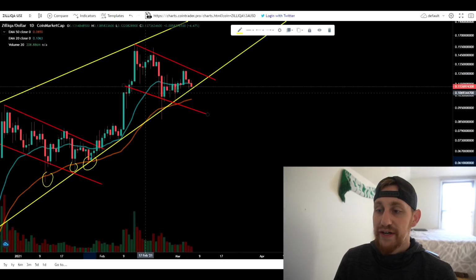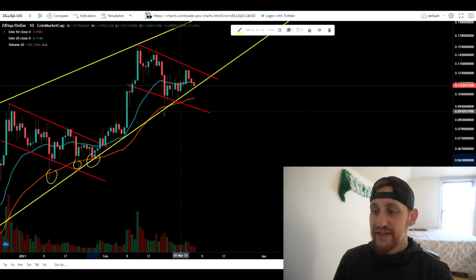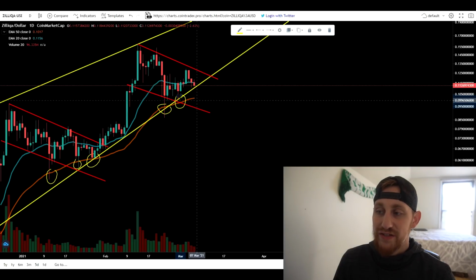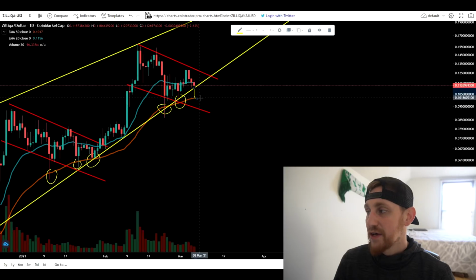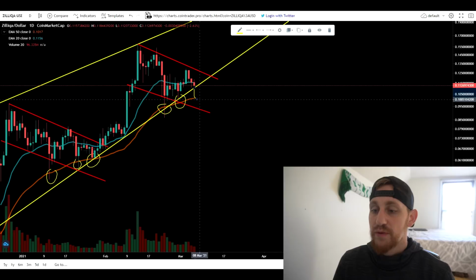You can see what we're doing right now. We did the same thing. Every time we break this 20-day moving average, we come back down to the orange line, which is the 50-day moving average, once and twice, and we're waiting for that to continue up, but I don't think it will. We might get a quick wick down here and then close back above the line. So that's certainly possible. We could wick all the way back down to right around 10 cents. That's certainly possible because that's where our